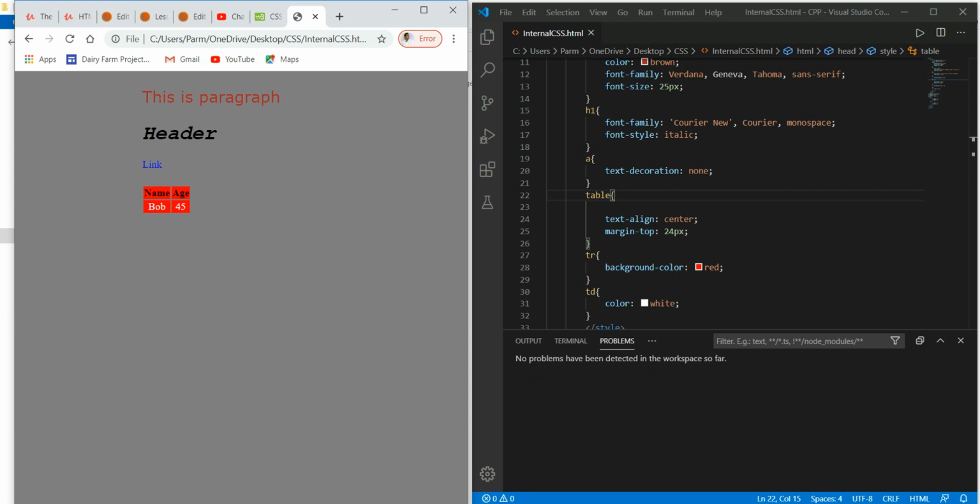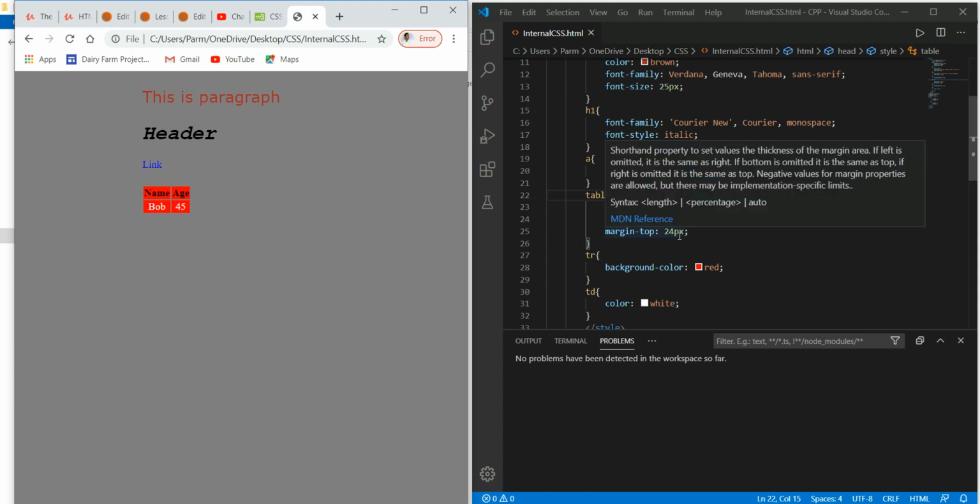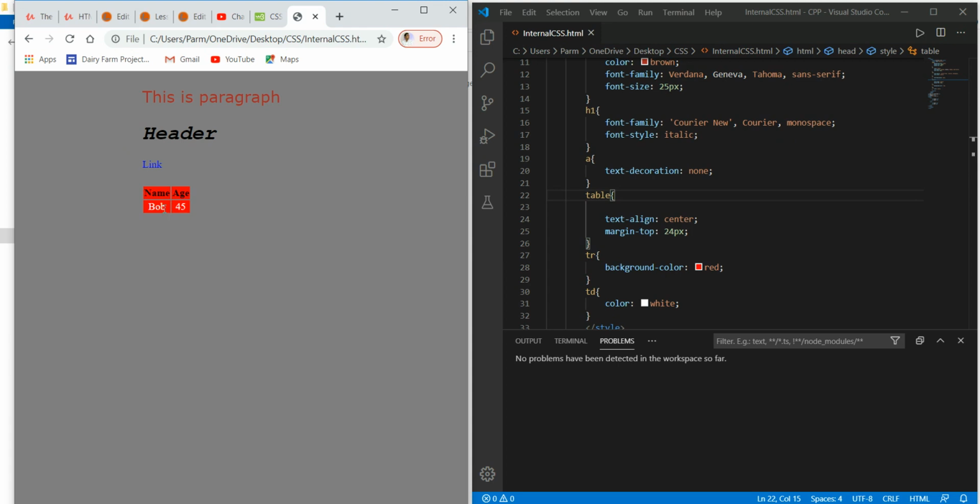Now look at this paragraph. The header is written in another font and italicized. For the link we have set decoration none, so the underline is removed. We have given top margin to the table equal to 24 pixels, and this is the background color of the table rows.